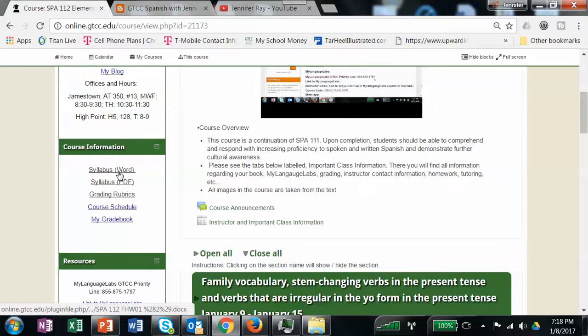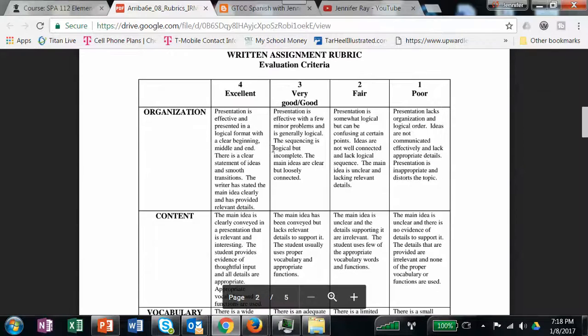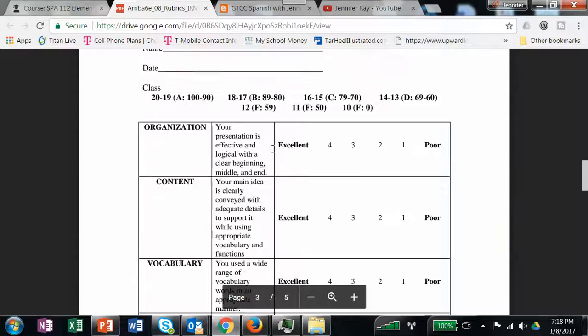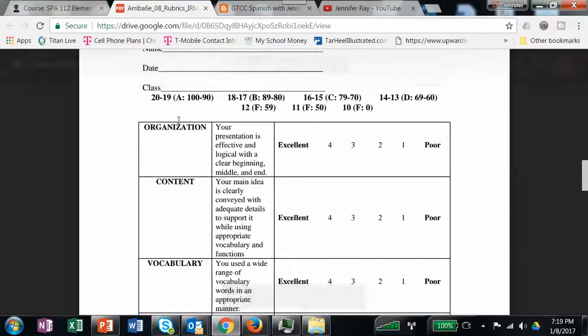Okay, and also on the side, you've got a copy of the syllabus and the grading rubrics. These come from Pearson, which I'm going to do a separate video on our Pearson site. But on the Pearson site, sometimes you'll be asked to do writing or speaking, and these are the rubrics that I use to score you. And it tells you the numerical breakdown, how I translate that into a grade that I put into my